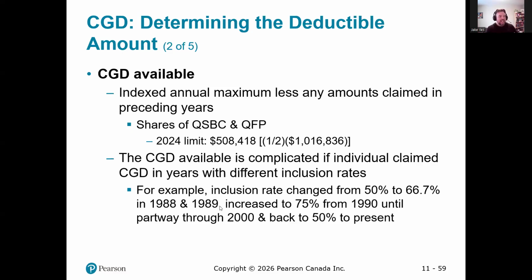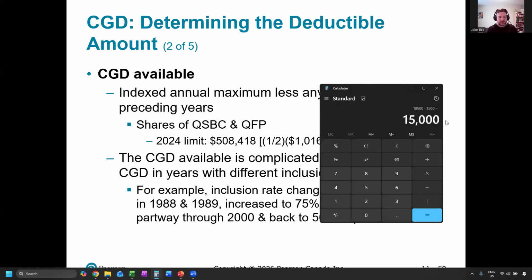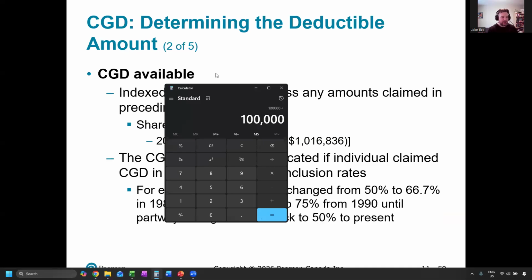But basically, if you have a gain in a year that has a different inclusion rate, back it out to its normal inclusion amount. So in 1988 or in 1990, the inclusion rate was 75%. So if I had, okay, here's $100,000 times 0.75, $75,000 was included in my income. And then I use the capital gains deduction to protect $75,000. To back it out, I would just divide it by 0.75 to get the total gain, and I would subtract that from my limit. So $100,000